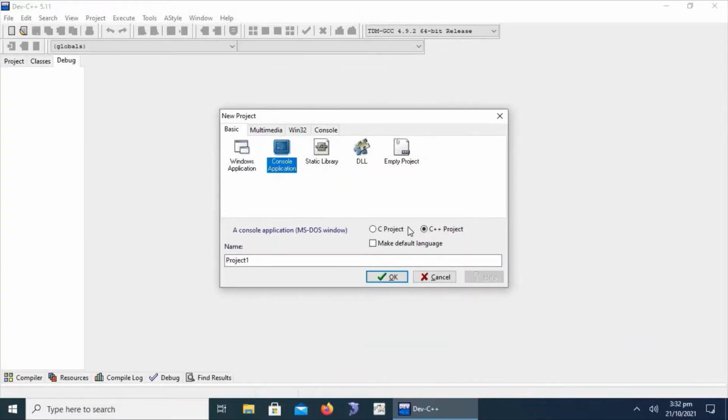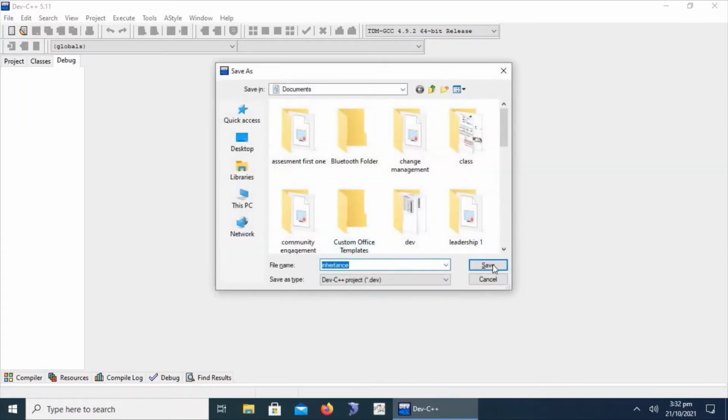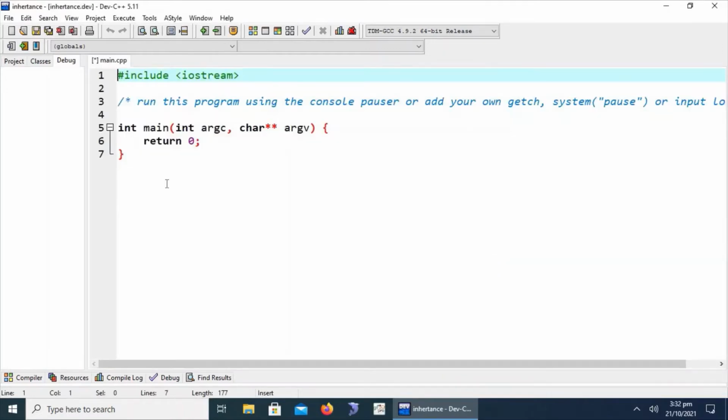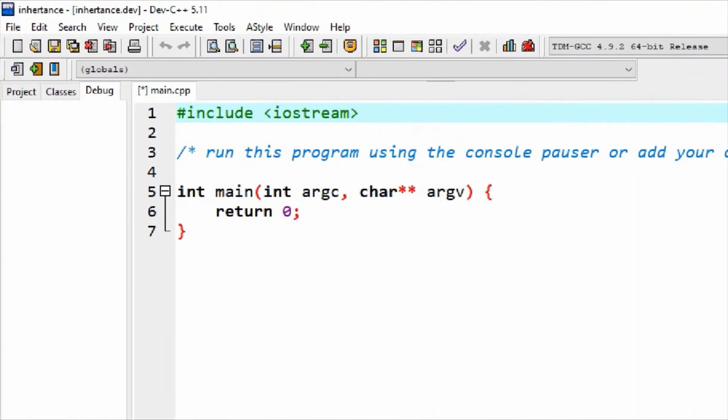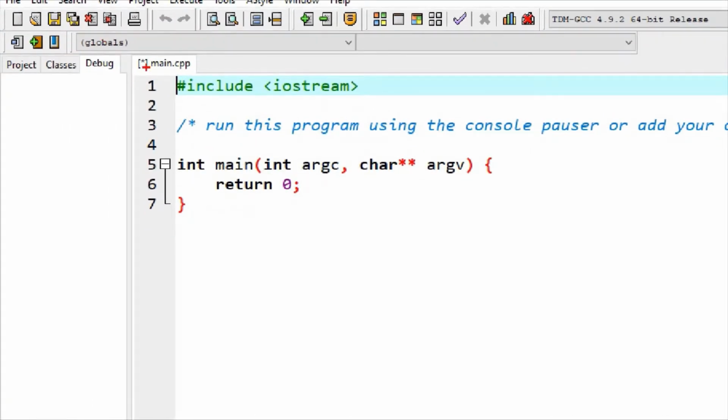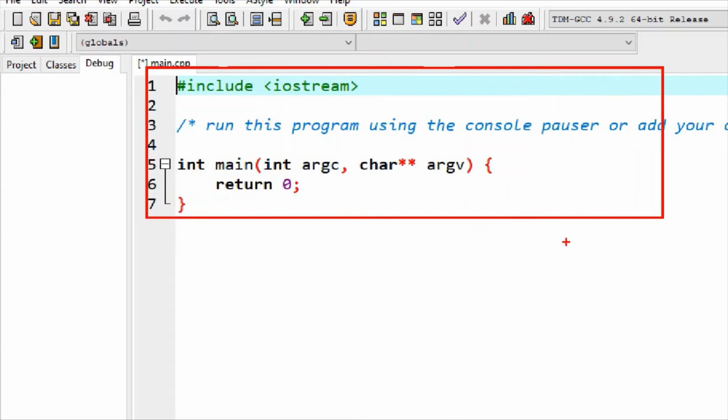Let's suppose we are naming it inheritance. Click on OK, save into the directory. We can see here the default project lines are provided by Dev C++.